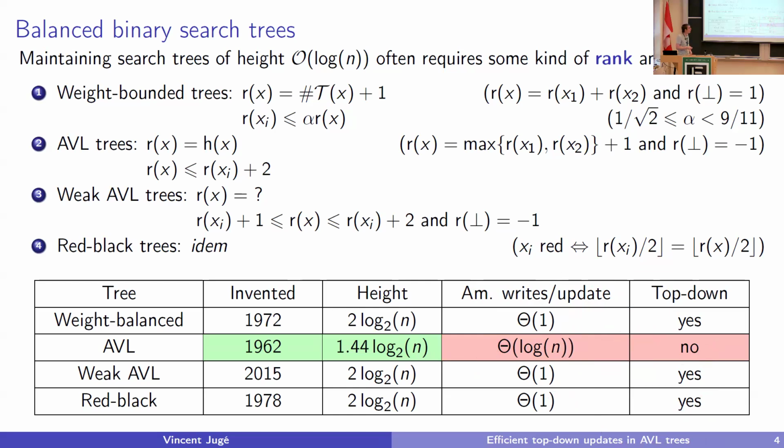of trees. So I'm going to explain in the next slide what is the amortized number of write operations per query, and why we are interested in top-down algorithms. Okay. So basically, here you have some stuff that looks dark, and you want to get rid of it and make it fair like everybody else.